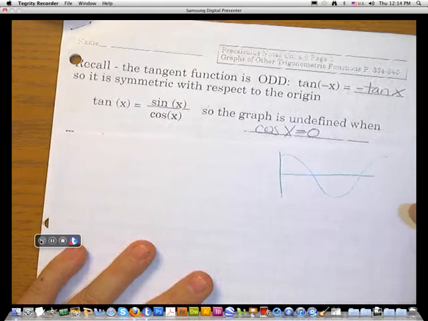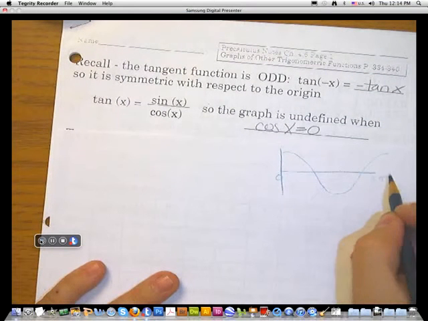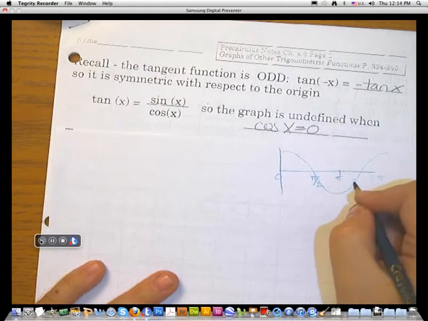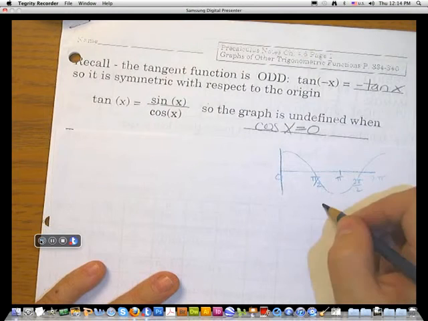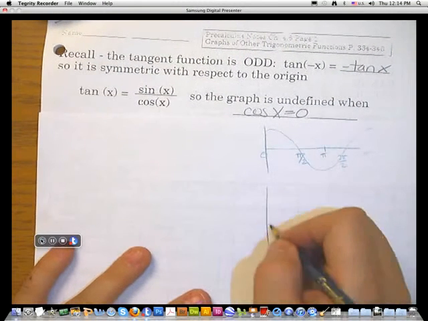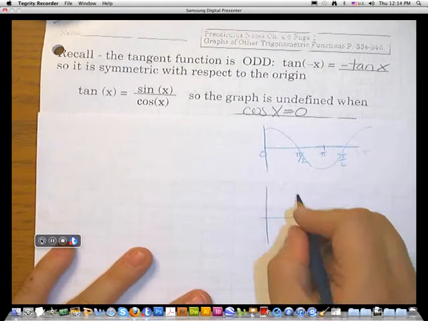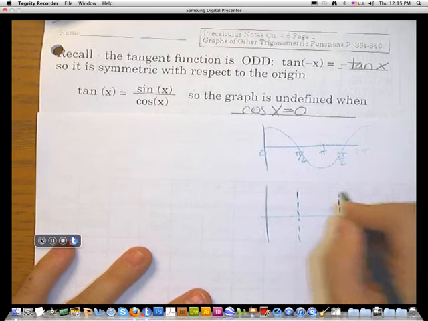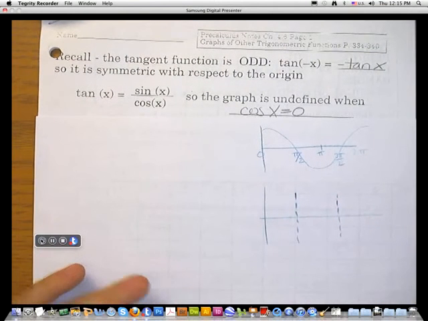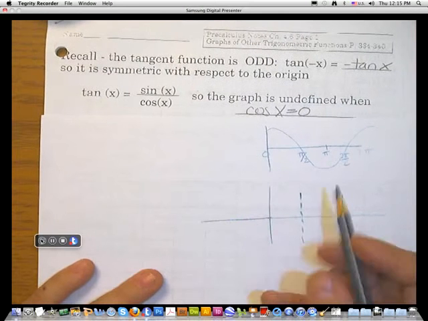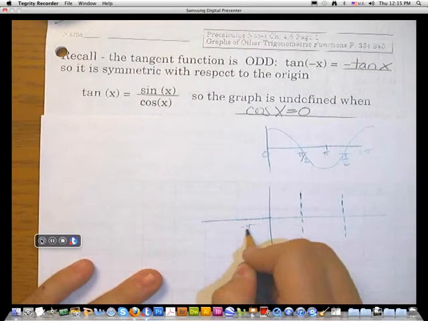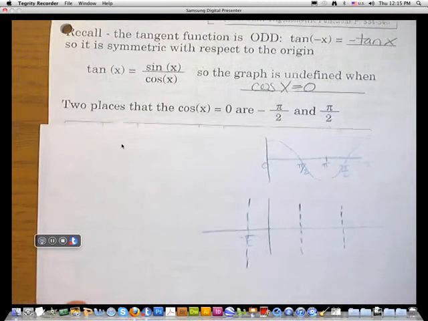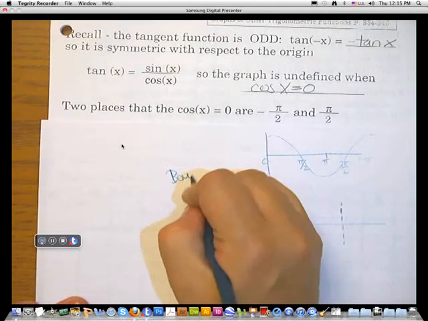It looks like this. All right, where this is 0, this is 2 pi, this is pi. That means that's pi over 2, and that's 3 pi over 2. What this says is that in the tangent picture, pi over 2 and every pi over 2 value is going to be undefined. So if I went negatively, I would be over here at negative pi over 2. So that gives us our boundaries